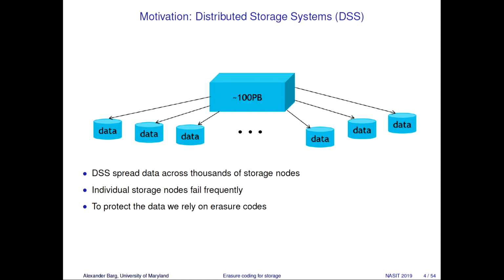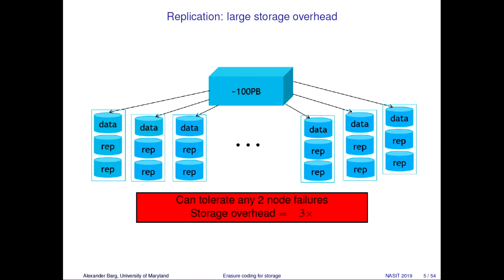Right? And of course we rely on erasure codes, or we should rely on erasure codes. So this is the prevalent method, or at least a mainstream method that they use to protect the data centers from losing information. What do they do? They write the data several times, right? Replication. So data, and then replication, triple replication. And this works very well for the time being, right? Because it is very easy to recover the lost data. But the storage overhead becomes a factor of 3, and at some point it is difficult to maintain the system. The volume of the data requires other solutions.